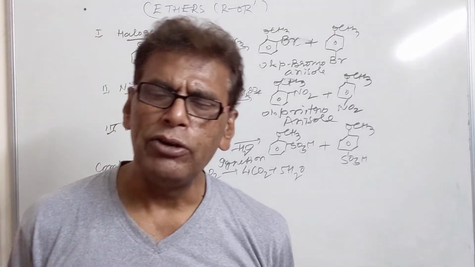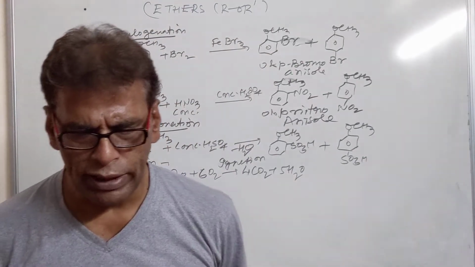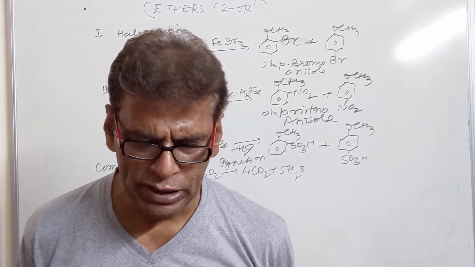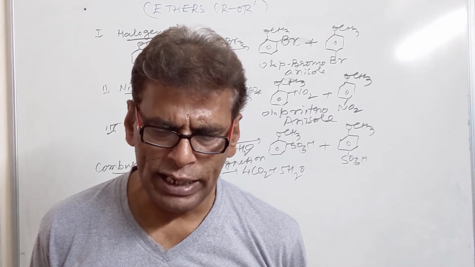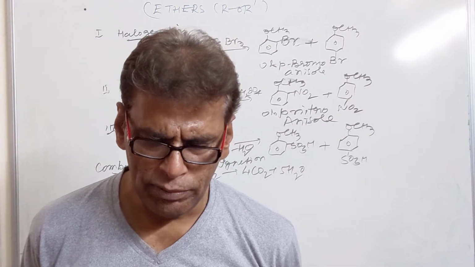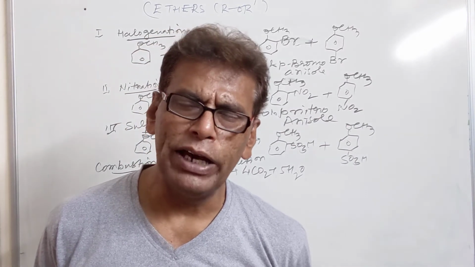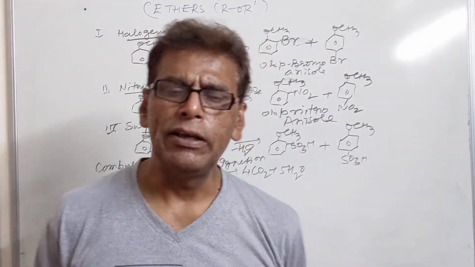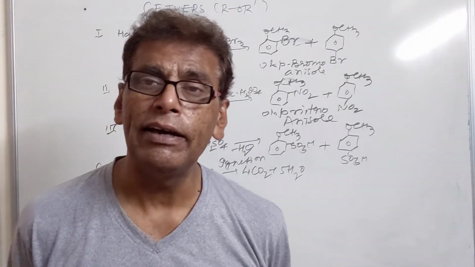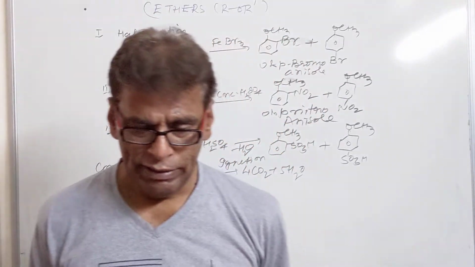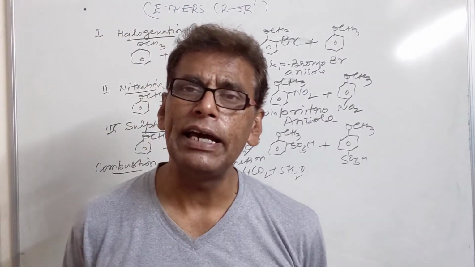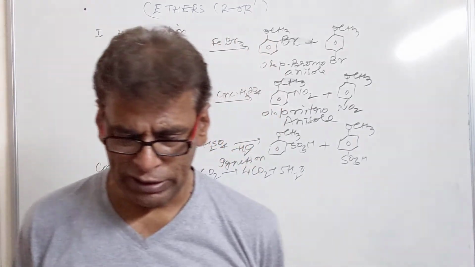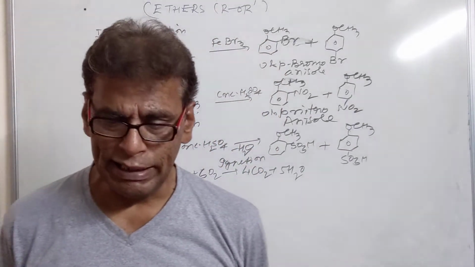Now we come to the uses of ethers. Ethers are used as solvents in organic chemistry, and they are used in Zeisel's method for estimation of ethers. Anisole reacts with HI to give phenol and methyl iodide. The alkoxy groups are generally estimated by Zeisel's method. Then ethers are used as general anesthetics, and some derivatives of ether such as isoflurane and enflurane are derivatives of ethers. They are chlorinated or fluorinated ethers which are used as anesthetics nowadays.